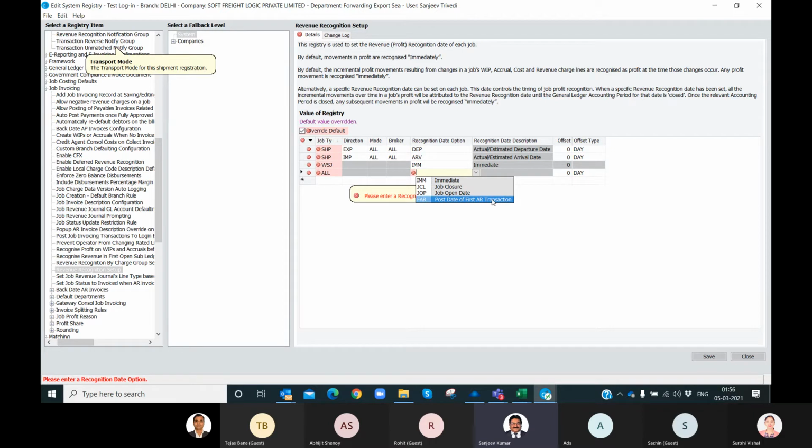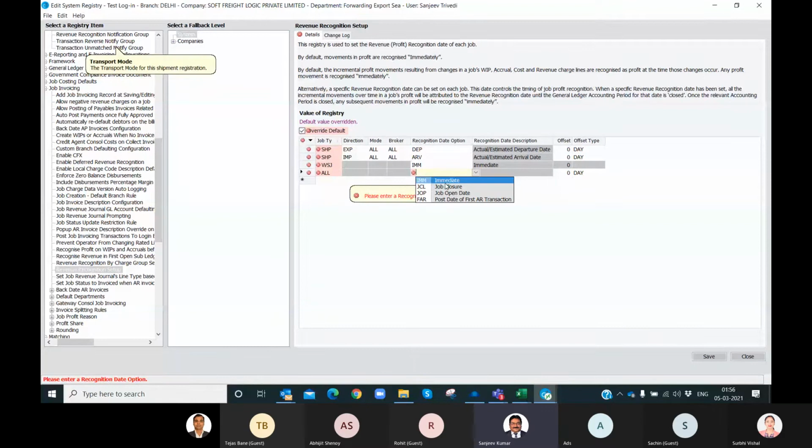So in those cases, the system will pass the entry in a suspense control account, whether revenue suspense control or cost suspense control. And once you close the job, that suspense control will be nullified and it will go to the actual.